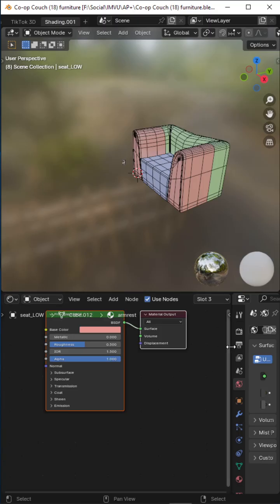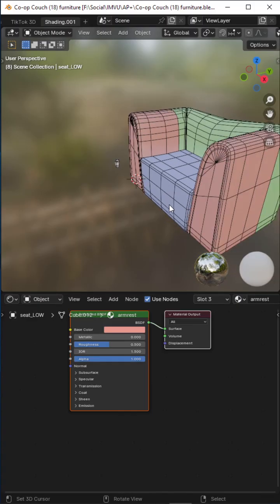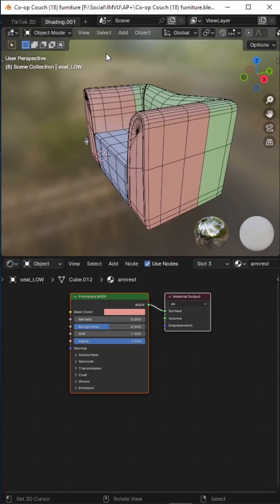So we're right clicking on the border and then selecting the option from the menu. Double click, rename TikTok shading,